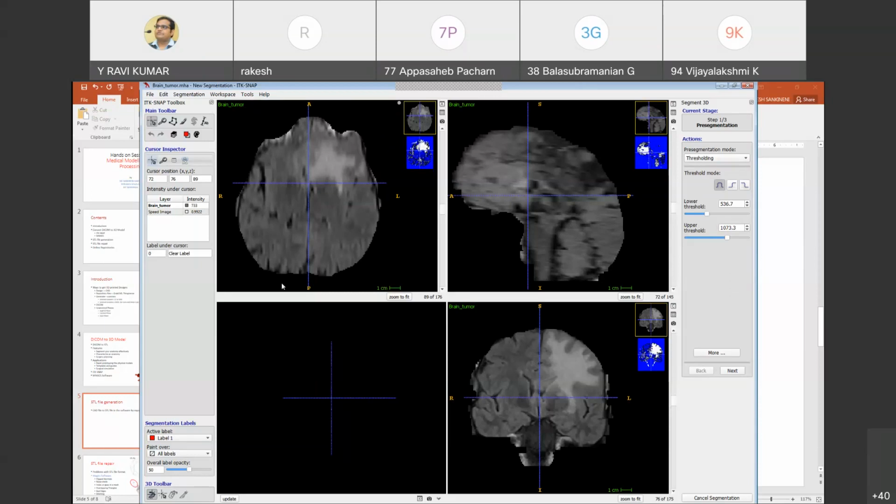See this gray color portion is available here, and this black portion. So we need to define this green color portion over the black portion. So that is what we are doing. That is called segmentation. Actually, it is a process of locating the structures of interest in an image and separating them from the other structures. Okay, so we need to separate this gray color image from the black one.